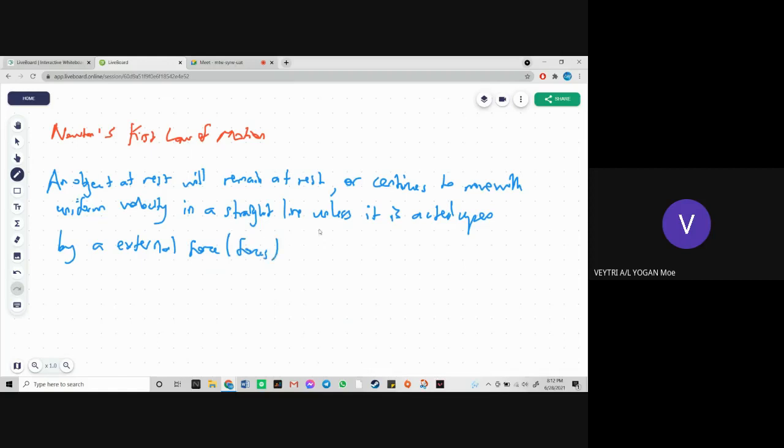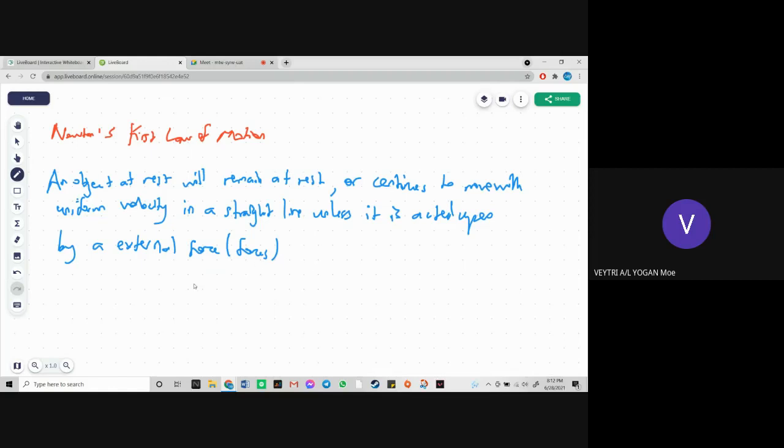Okay, I repeat, Newton's first law of motion states that an object at rest will remain at rest or continues to move with uniform velocity in a straight line unless it is acted upon by an external